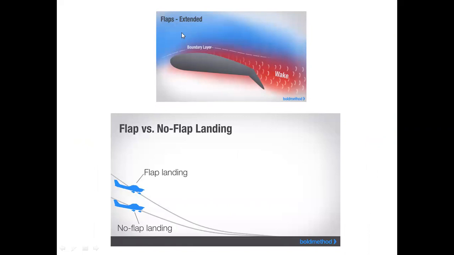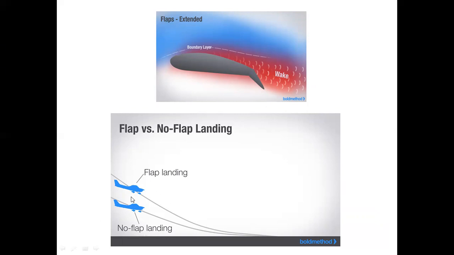Now, this is an example of a flap. Now, the flap is getting extended, which creates the camber surface, which changes the curvature of the wing. That change in curvature of the wing will provide the maximum lift as well as maximum drag also. The drag is known as the induced drag. Flap will give the lift at the cost of maximum induced drag.